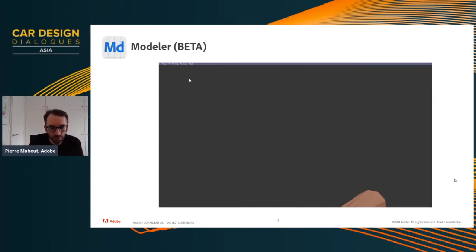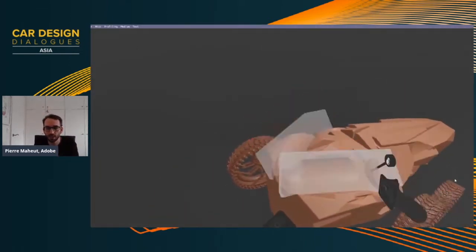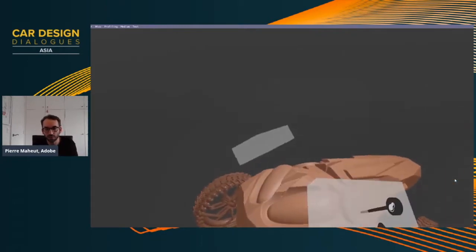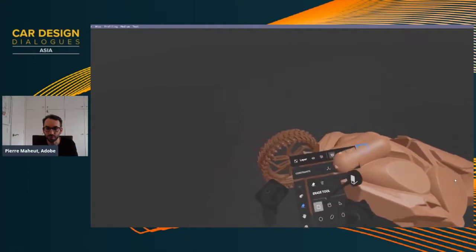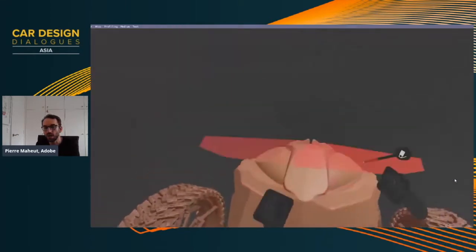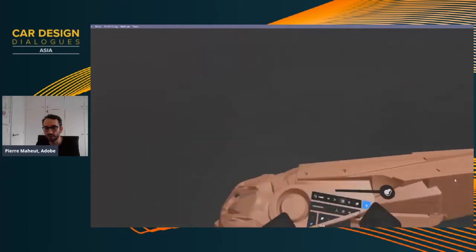So quick deep dive in each of the tools. First thing first with Modeler. So Modeler is, as mentioned, a VR tool at the very beginning, and it's kind of the follow-up of Medium that you might know, that is used with Oculus headsets.